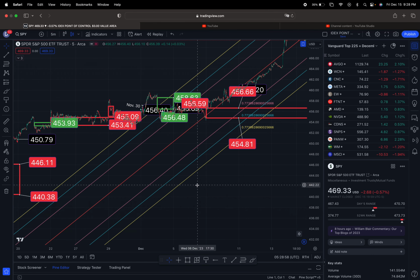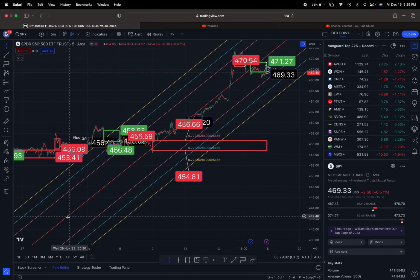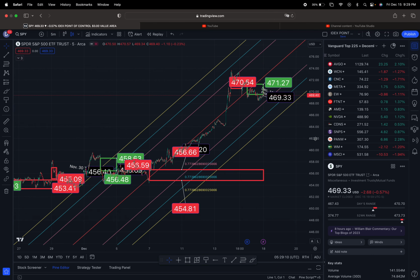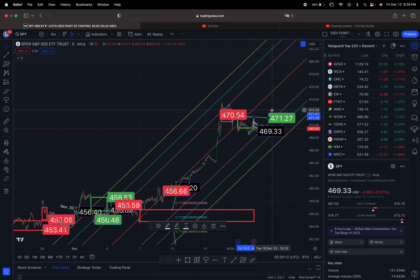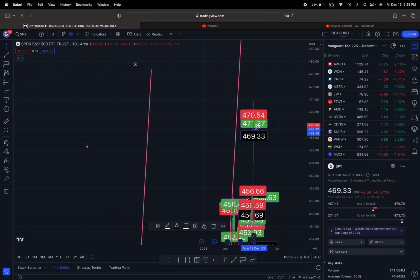So you can day trade this, swing trade this, but note the strong upward channel. And we are at resistance right here, as I mentioned. So close to the middle of the trend here. And the 52-week high was 473.73. I will flip this over to the daily very quickly and show you